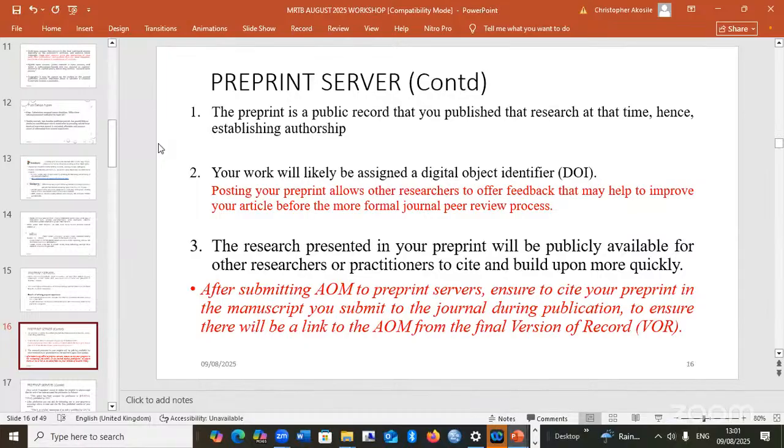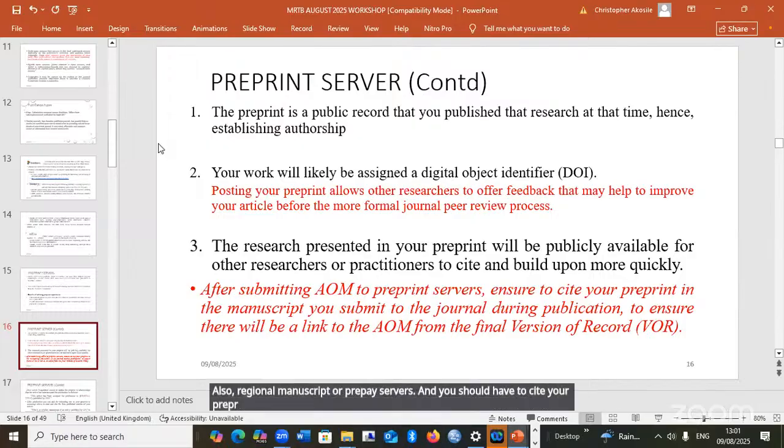After submitting your original manuscript to preprint servers, ensure you cite your preprint in the manuscript you submit to the journal during publication.